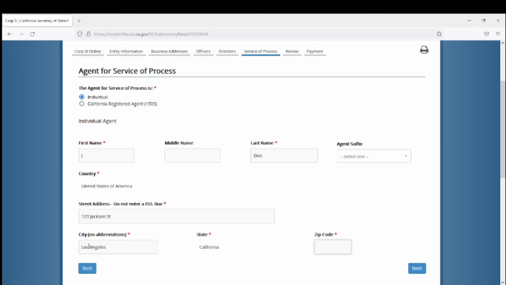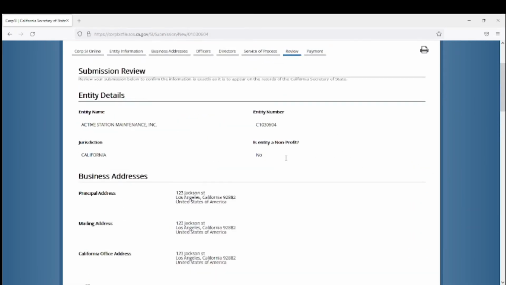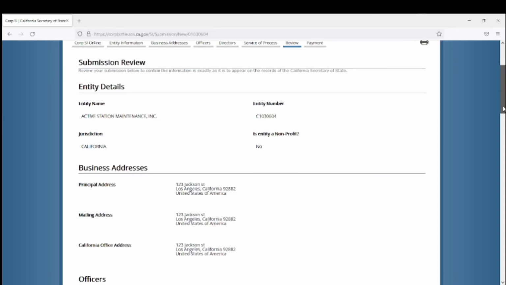Using the same city, state, and zip code. I'll just scroll down and make sure there's nothing else, and we'll go ahead and click next. So this is the submission review. Before you actually send this over to the Secretary of State, I just want to make sure that you have